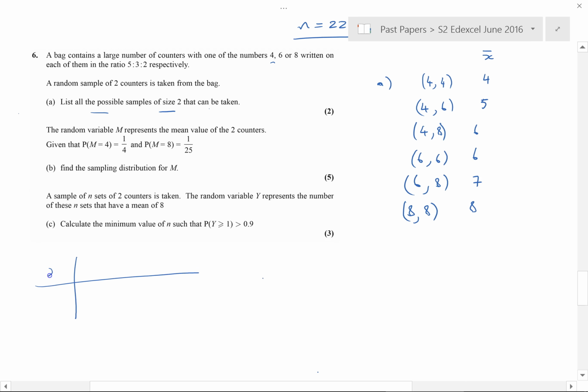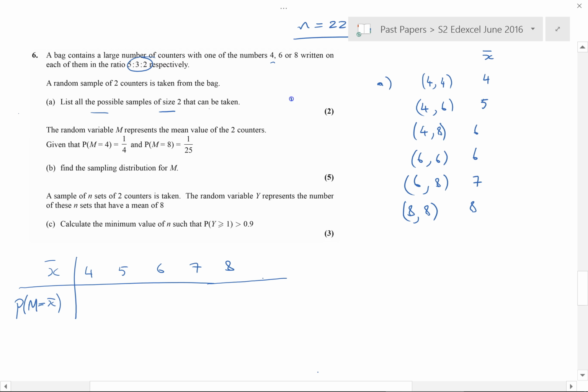So if we call these means x bar, and for some reason they've called the thing m, which is a bit confusing because it often means mode, but strangely in their own mark scheme they've gone back to x. Anyway, they've called it m in the question, so we'll call it m here. So these are the possible values: 4, 5, 6, 7 and 8. It actually gives the value for 4, but let's work them out anyway, because of course the probability with one sample, because we've got the ratios here,